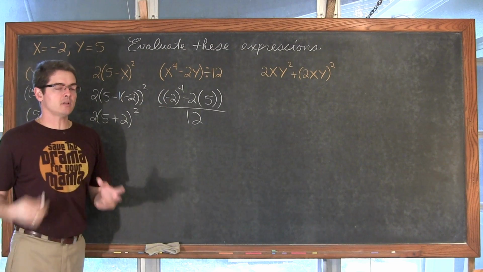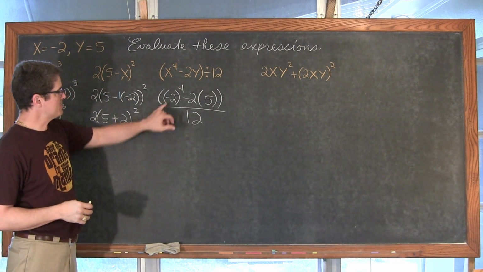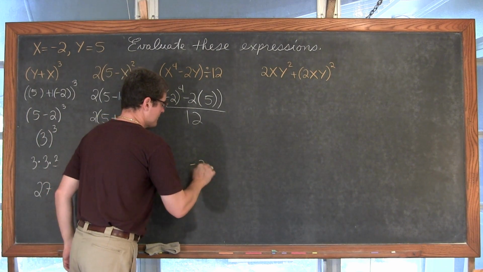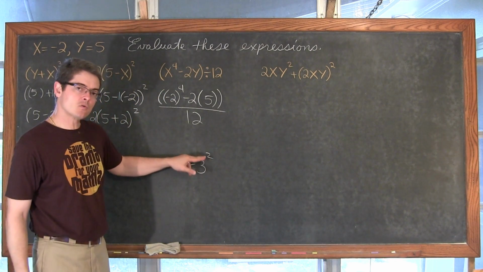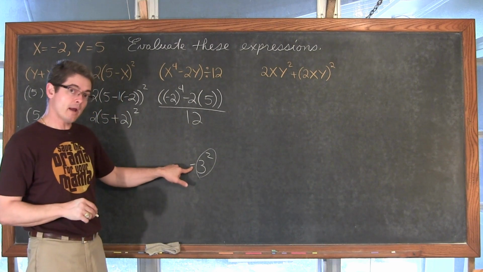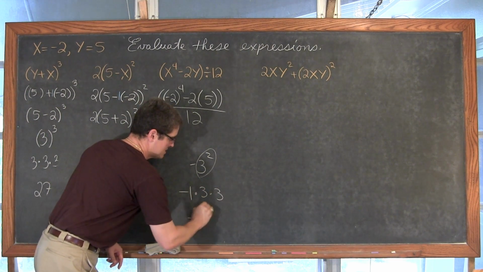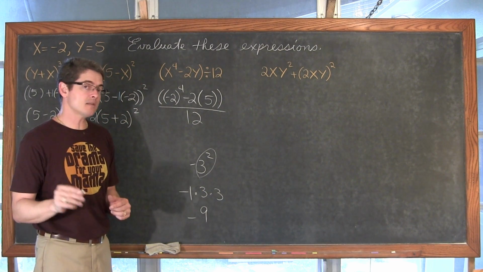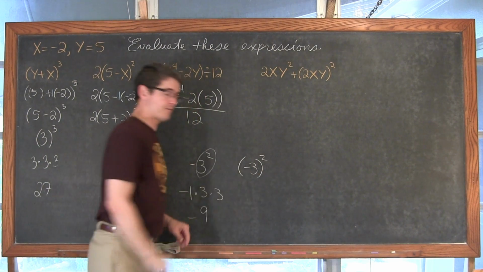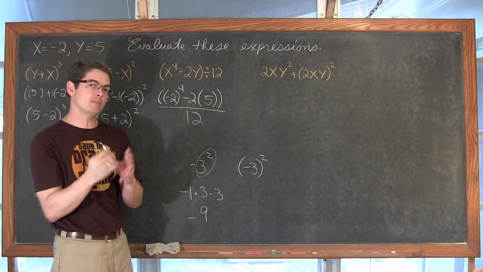And as I step off and allow you to do these problems on your own and reveal the answer as we go, let me just talk about this negative number to an even power with a different number here. Negative 3 squared, without parentheses, is negative 1 times 3 squared, which is negative 9. That's not the same as negative 3 squared with parentheses. Now if I put a negative sign, this is another place where the parentheses are a good idea every time you do substitution.